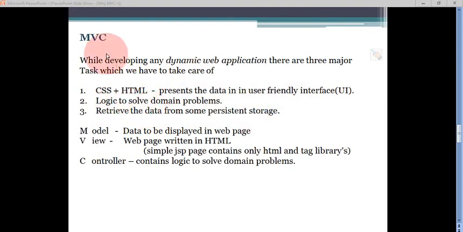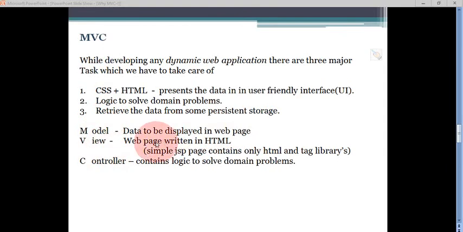Now what MVC does is, M means model, V means view, and C means controller. So there are three main parts in this MVC. Now what is the model? Model means the data which is to be displayed in the client or in the web browser. What is a view?